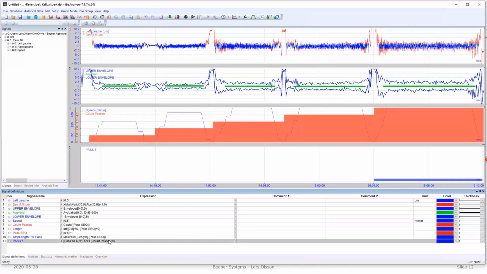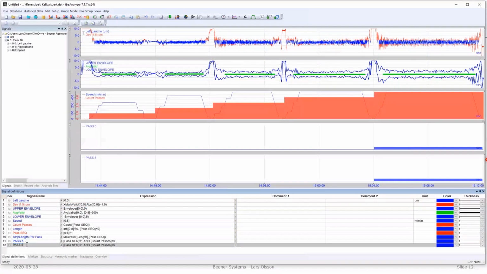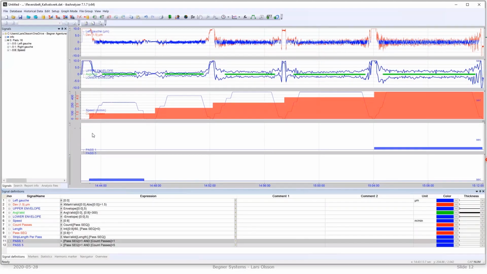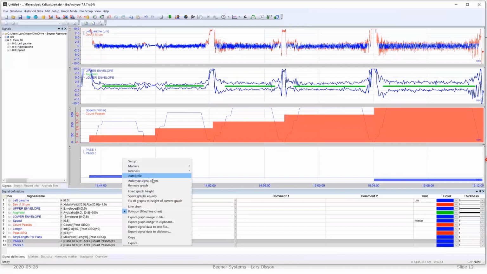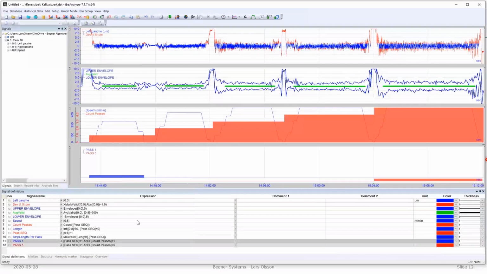the actual pass number is 5, and then we duplicate this and take it to pass number 1, so it's when the pass sequence is true and the count passes equals 1. So now we have two signals showing for pass 1 and pass 5. We can choose the colors like that, and now we need to